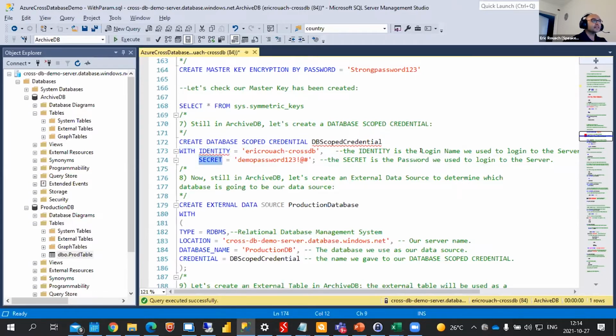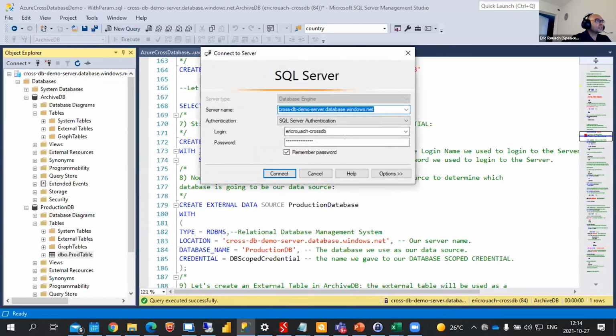The identity is the login name we used to log in to the server. Actually, we are talking about this login, and the secret is going to be the password. All right, so